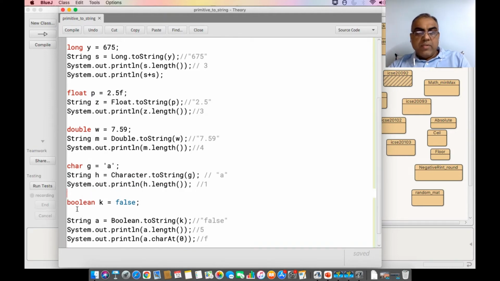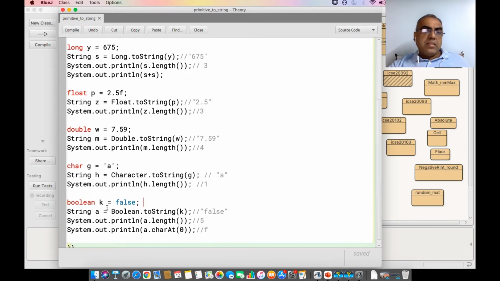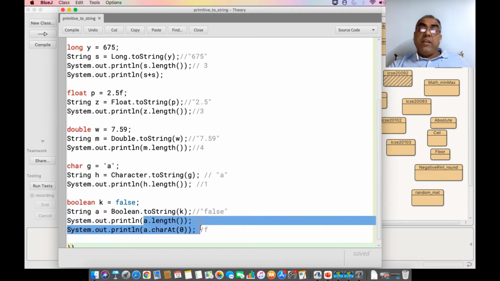I hope you guys have understood this as well. And the last that you have is a boolean, which could be true or false, whichever. The moment I want to convert it into a string, I'll say Boolean with capital B dot toString of k. K is false, so false will automatically become part of a string. Now if you find the length of it, there are 5 characters, so I'll get 5.